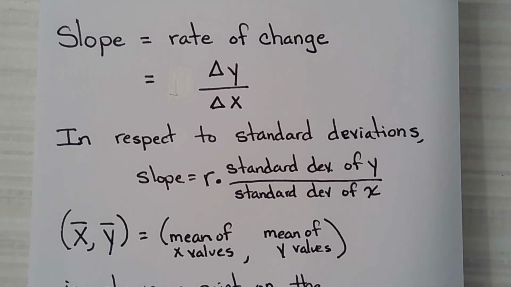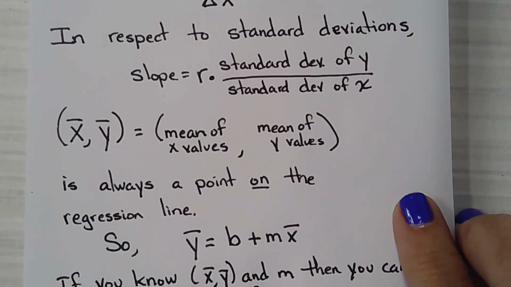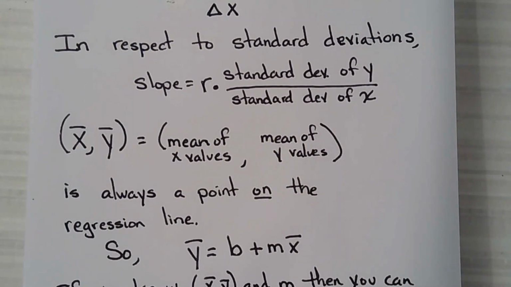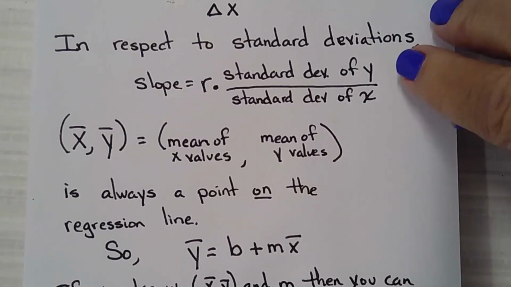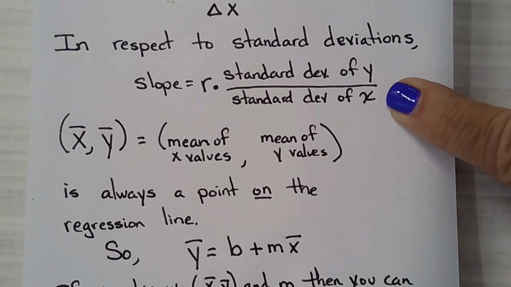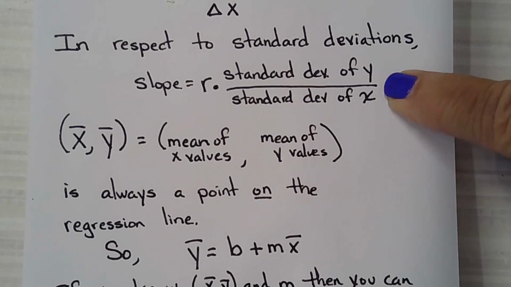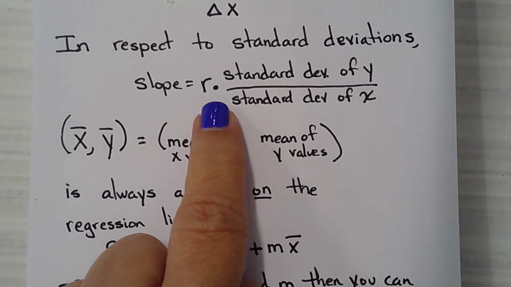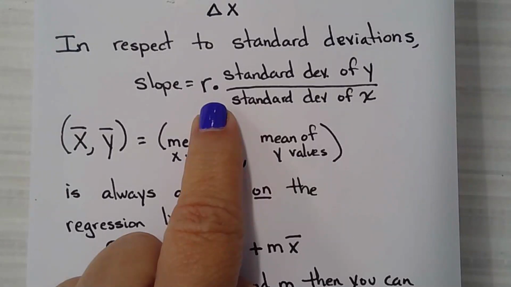So what does that mean in respect to standard deviations? So if they're telling you the standard deviation, the slope is going to be equal to the standard deviation of y divided by the standard deviation of x, because delta y over delta x, that part should make sense back to Algebra 1. But then that fraction is going to get multiplied by the correlation coefficient,